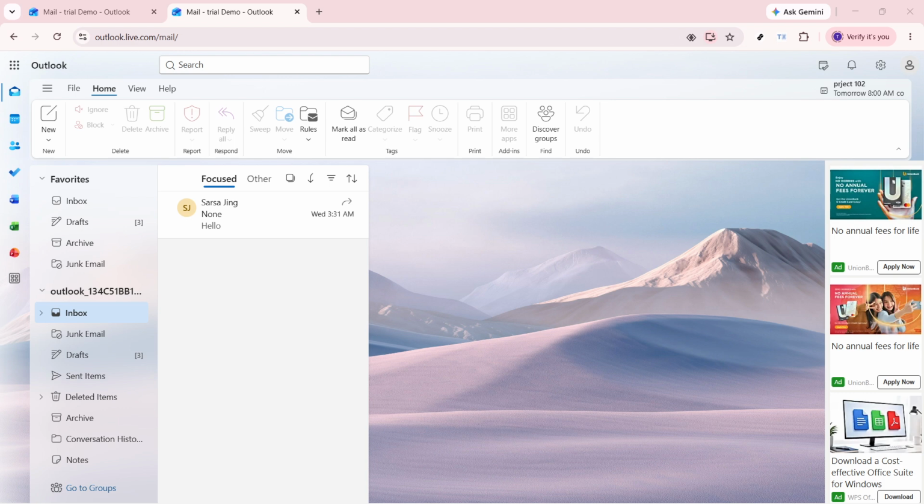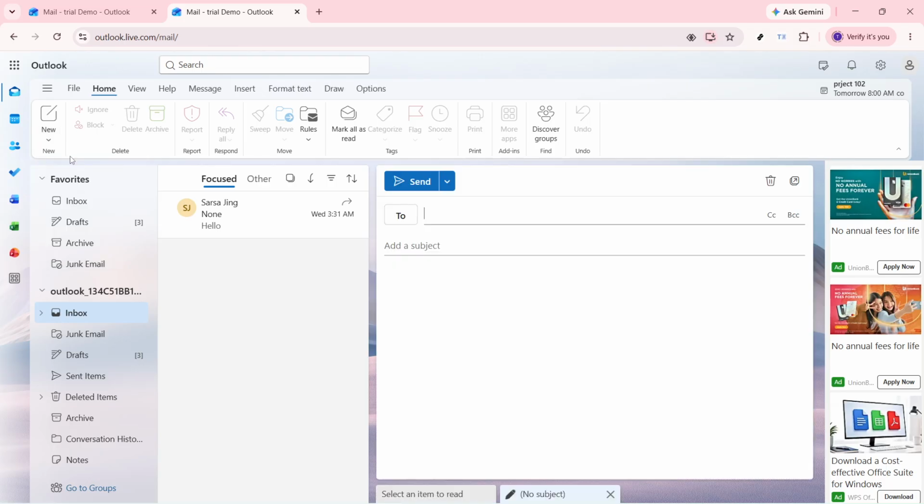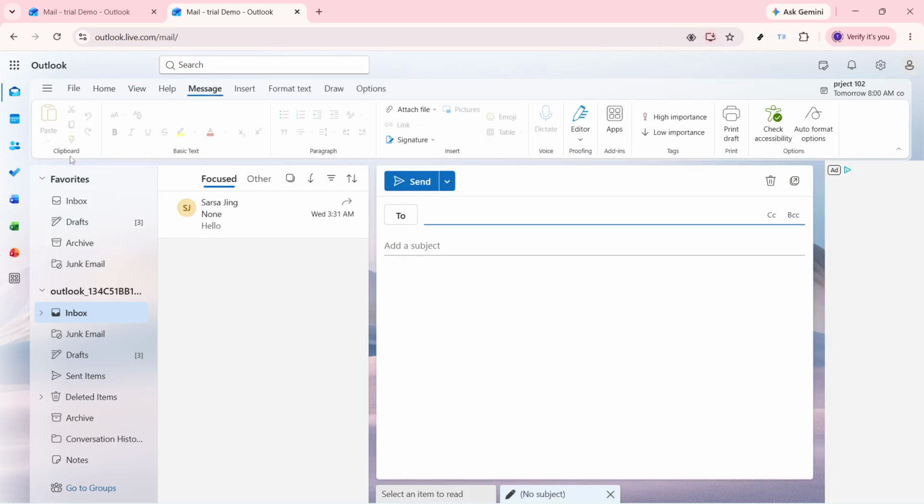Next, click on New. This opens the options for creating something new inside Outlook. If you're following along in the web version, this is usually easy to spot near the top of the screen. After that, click on Mail. This opens a brand new email draft where you can begin composing your message. Once the draft window appears, you'll be ready to add content like the recipient, subject line, body text, and of